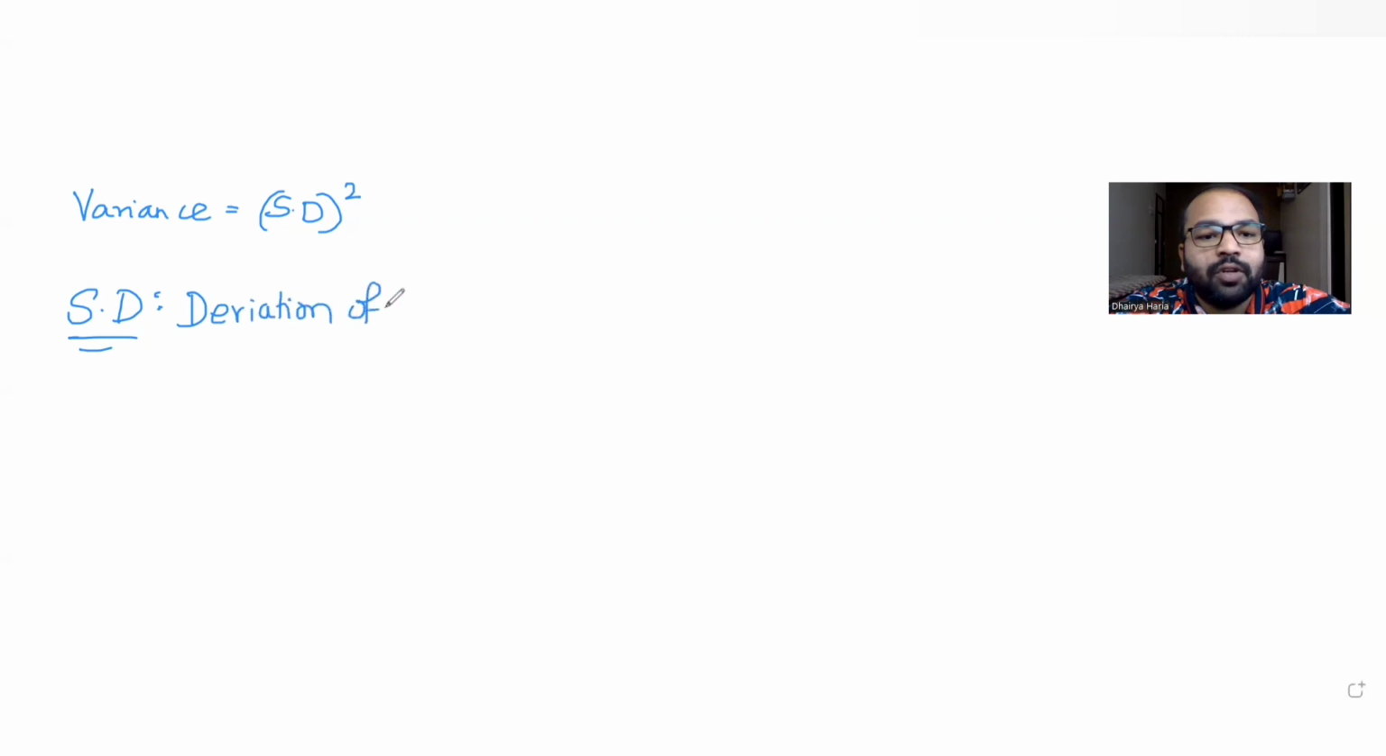So starting off, remember, variance is nothing but the square of standard deviation. So whatever the standard deviation is, if I just square it, I get the variance, right? So first of all, let's understand what standard deviation is. Basically, if you have some observations, standard deviation defines how the terms are deviated from the mean value of the observations, right? So basically, standard deviation is nothing but the deviation of the terms from the mean value,